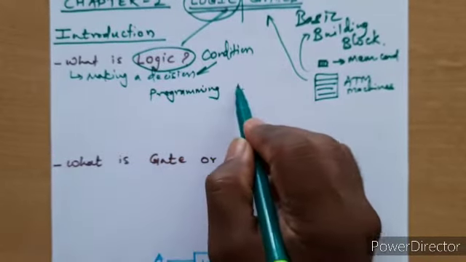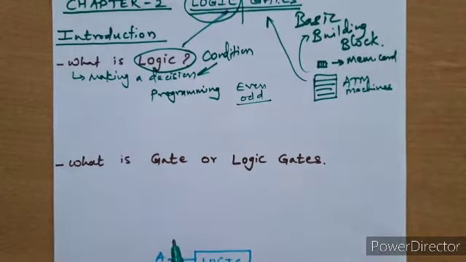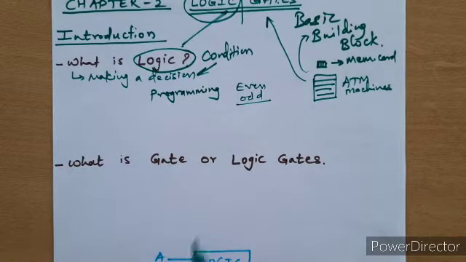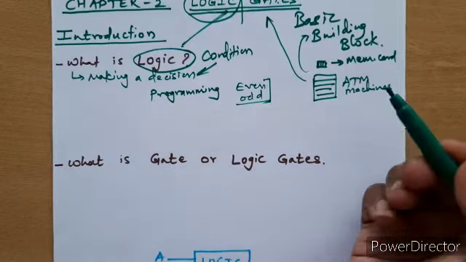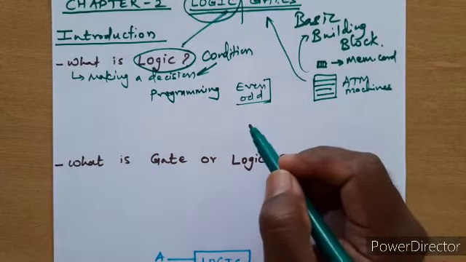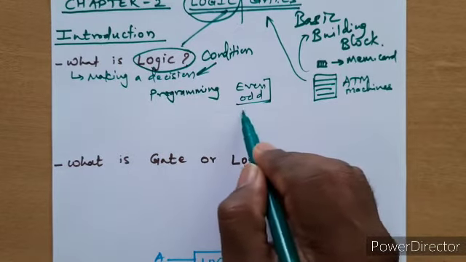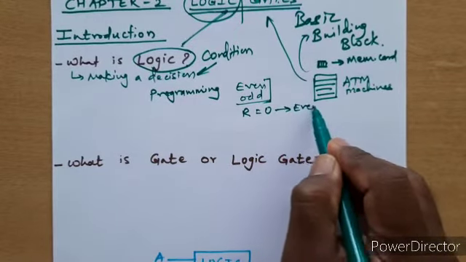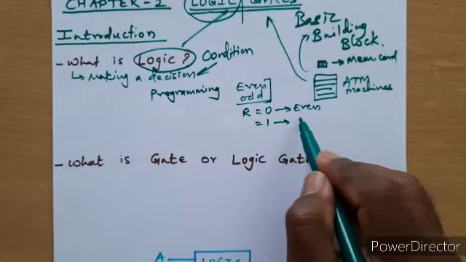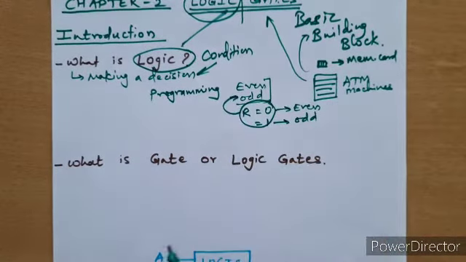Now if I am to find the number as even or odd, so what should I do? I need to put some logic here so that the computer understands that the given number is even or odd, and then it prints that. So what is the logic here? You have to check if the remainder is 0, then the number is even, and if the remainder is 1, then that number is odd. So this is a logic to find whether a given or entered number is even or odd.